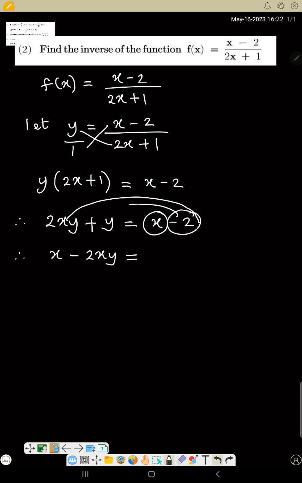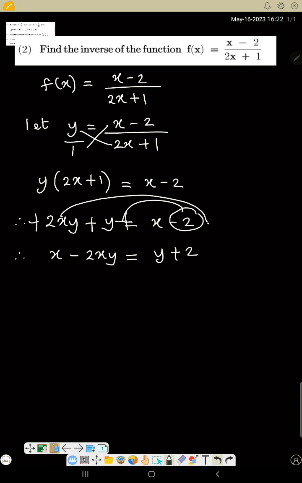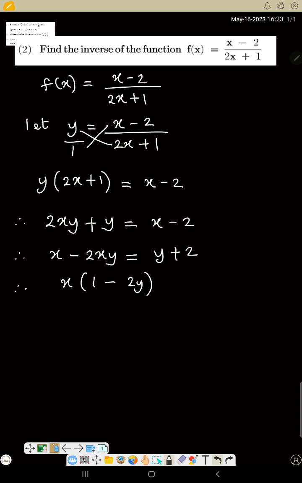Now bring this 2 to this side, so that this will be y plus 2, like that. You know it's minus 2 here. If you collect like terms here, it will be plus. Then bring this plus 2sy here, it will be minus. That's what I did. So now s is common here, so it remains 1 minus 2y,